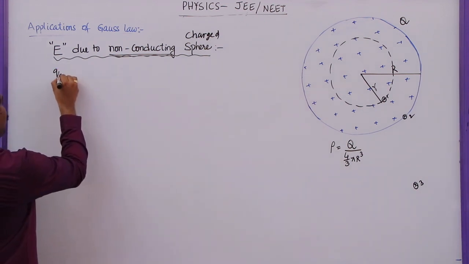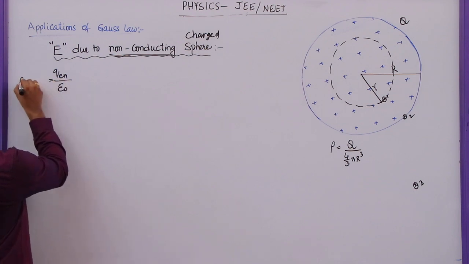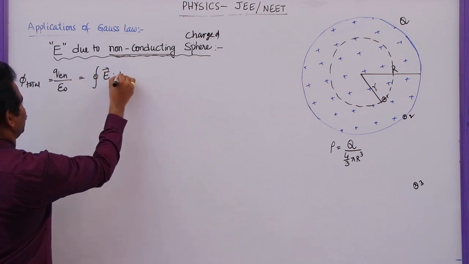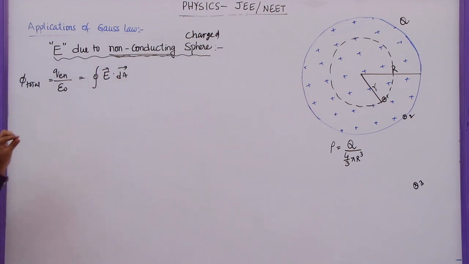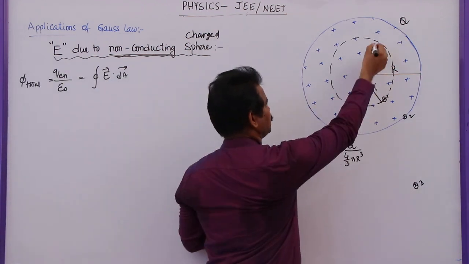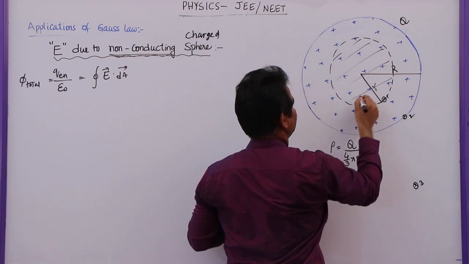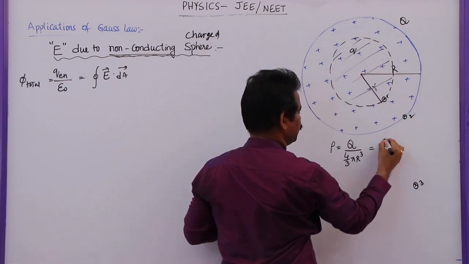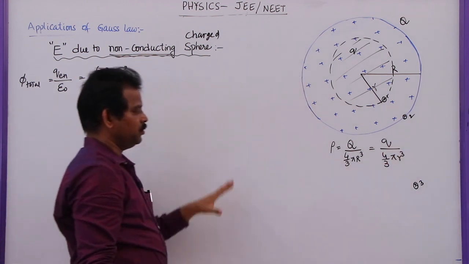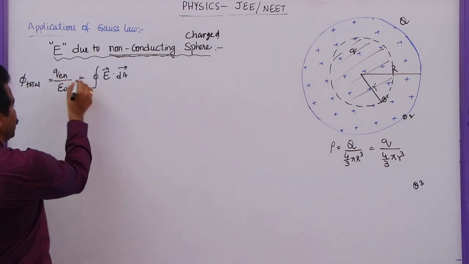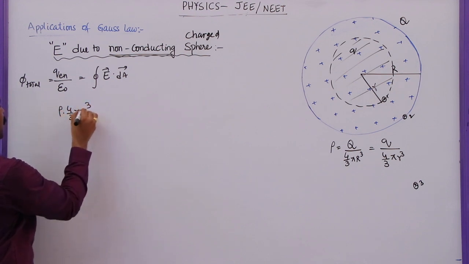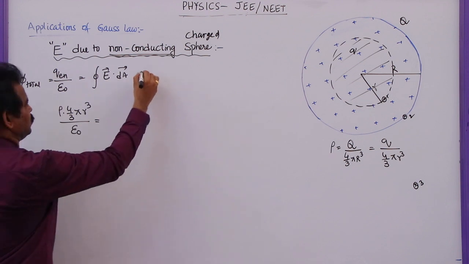Now Q enclosed by epsilon naught, which is equal to the total flux, is equal to the closed integral of E bar dot dA bar. What is the charge enclosed within this sphere? The total charge within the sphere is capital Q. But what is the charge within this smaller sphere? This is not capital Q, this is small q. So let me write small charge by small volume. Based on this we can write the total charge enclosed here as rho into 4 by 3 pi r cube by epsilon naught is equal to